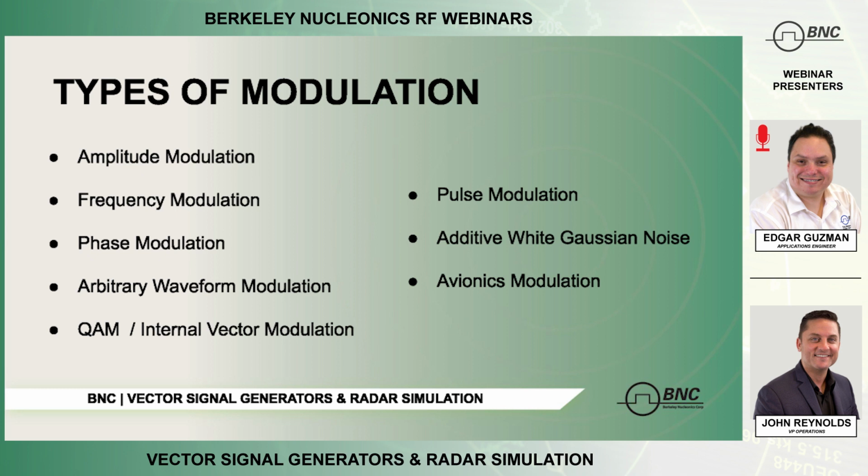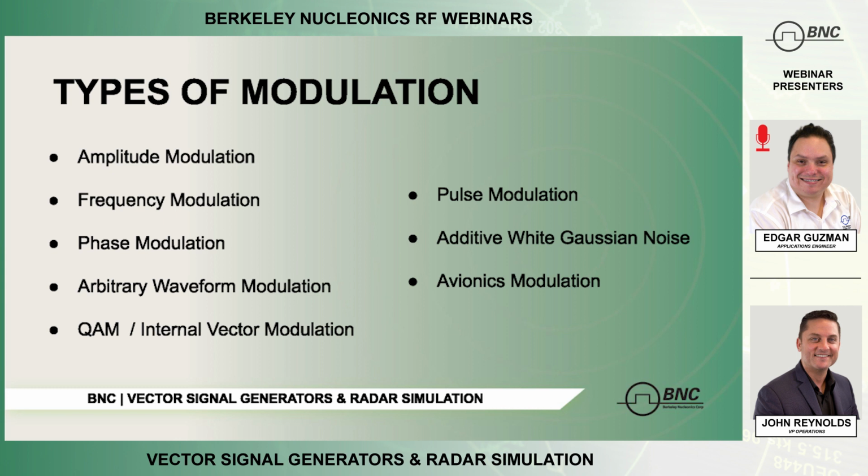I know it starts at QAM 6, I believe. Yeah, 6 to, and I believe it goes up to 256. The data sheet will actually mention that, and we can show that to you later. We have pulse modulation as well as pulse chirped. We'll see that later when I mimic or just do a standard radar pulse, and we'll show that on our